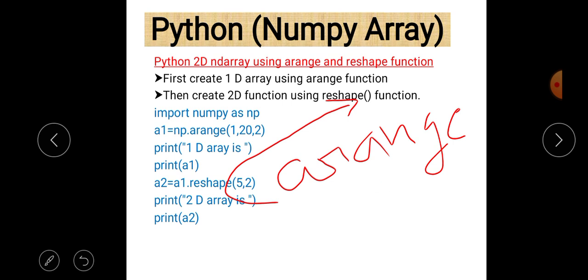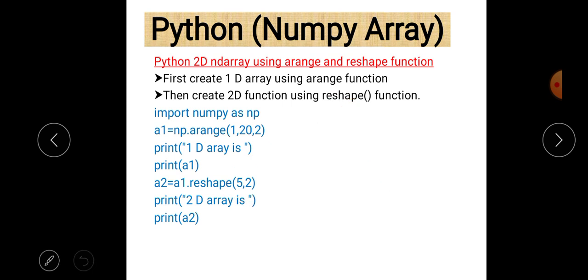So the first line, as you can see on the screen, is import numpy as np, and it is a first and important line because this line basically imports the numpy library into a program. Numpy is a library, np is basically an alternative name, or we can say that we rename numpy as np. So whenever we want to use numpy in our program, we use np in place of numpy because we already renamed numpy as np.